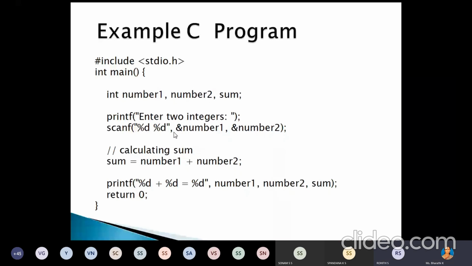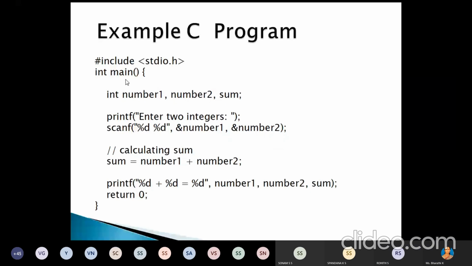To take the address of that variable. Number1 is a local variable; first we take some memory location and give it a name, number1. The data we have taken from the keyboard: in ampersand number1 we store the first number, and in ampersand number2, at this particular address, we store the second number.